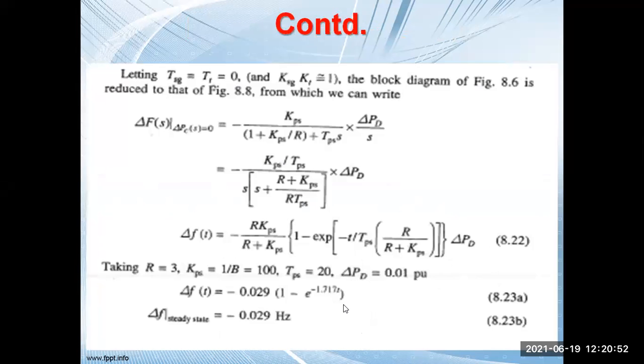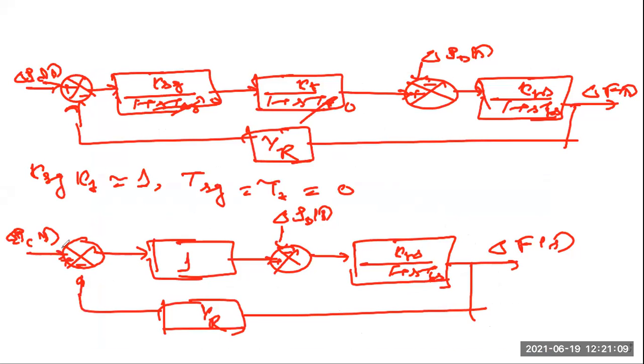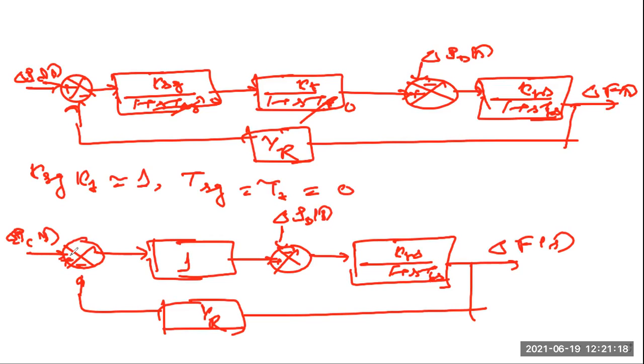So now what we'll do, we'll first make delta PCS equal to 0, and delta PDS is there, that is a step in. With that we'll derive this. So let us derive it. Now we are reducing this, delta PCS equal to 0. So now how we'll do this? If it is 0, then this comparator has no value.